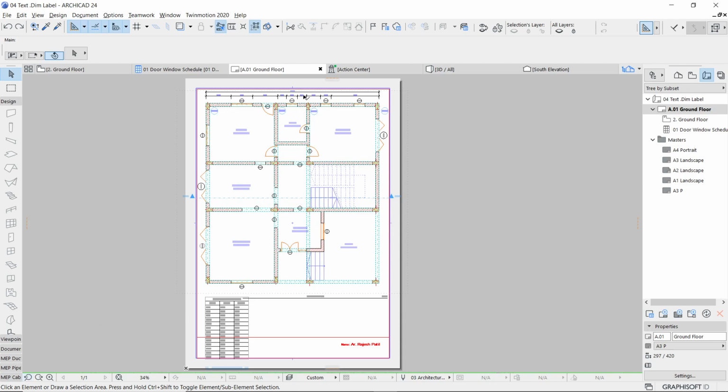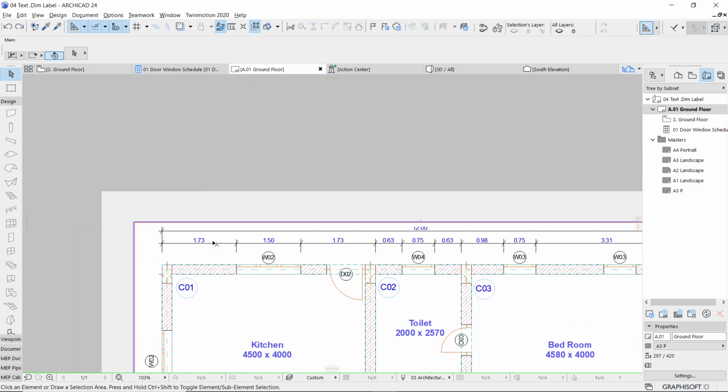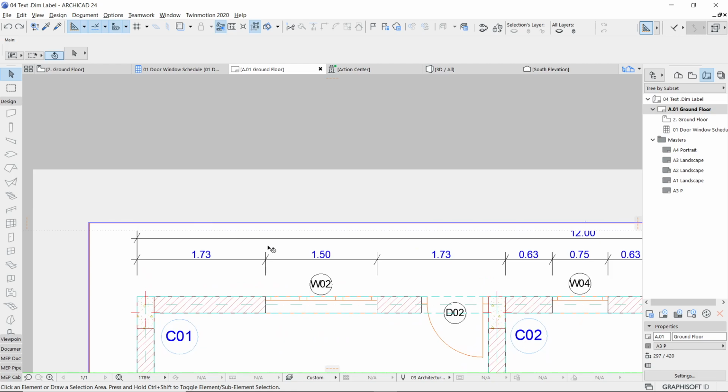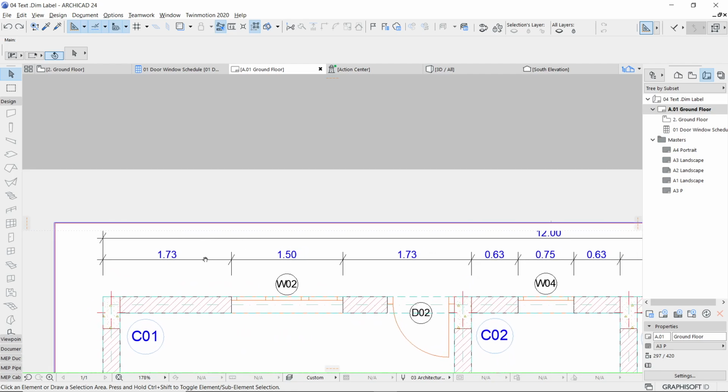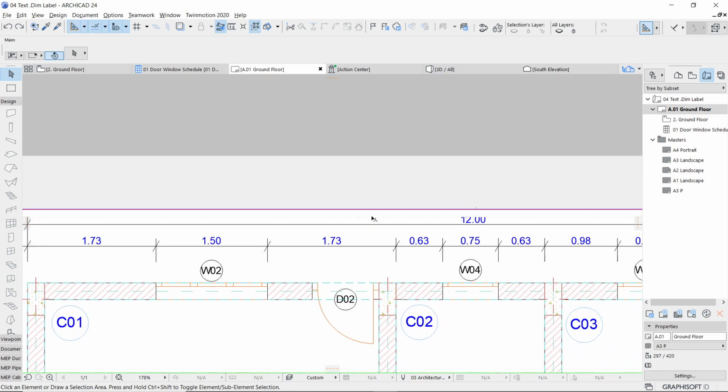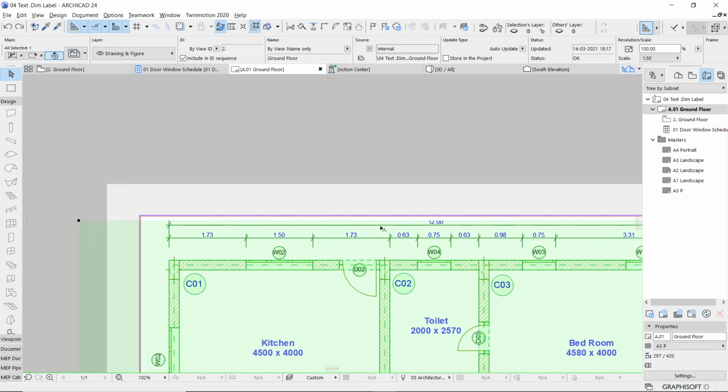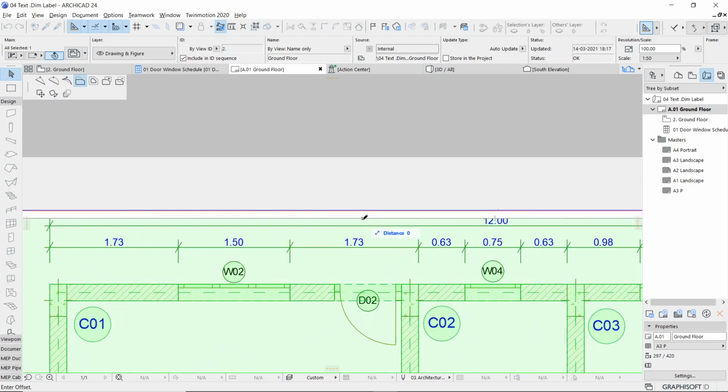So I'll just quickly rearrange my sheet. Very simple thing. For example, now there is slight space over here. I can move this boundary a little bit above so that this 12, the dimension which is getting cut, is visible. So I'll just select this, with the Mercedes cursor click on the outer edge, use the offset edge, and simply place the edge over here.